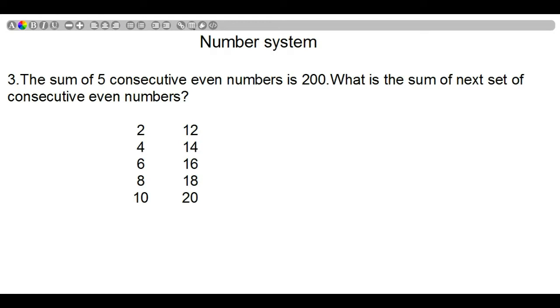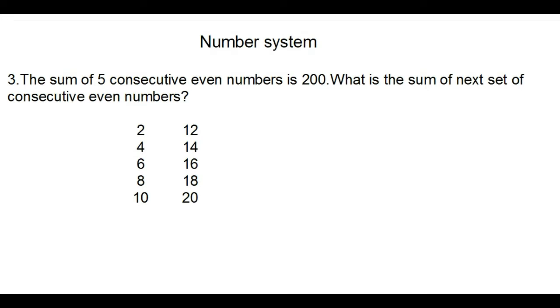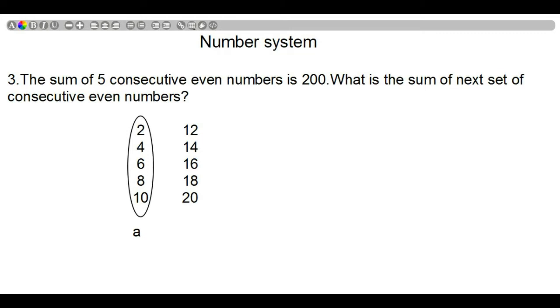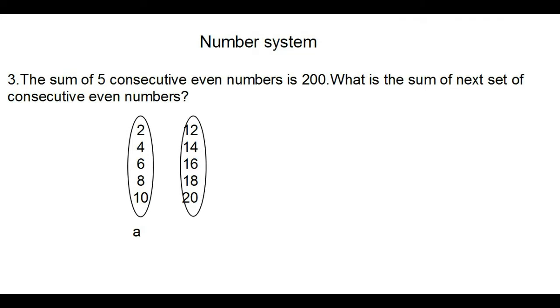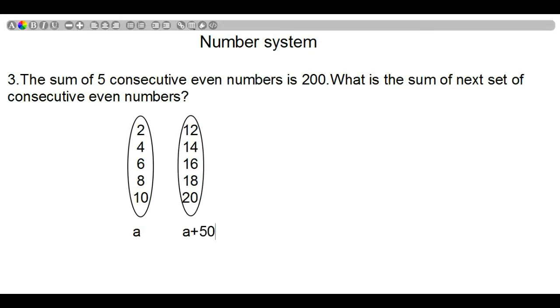That means the next 5 consecutive numbers are nothing but 10 more than each of the given consecutive numbers. So altogether we have got 5 tens extra. That will make it 50 more than the actual sum. So if the sum of these 5 numbers is equal to A, the sum of the next 5 numbers has to be A plus 50. So that is the reason, if the sum of 5 consecutive even numbers is 200,